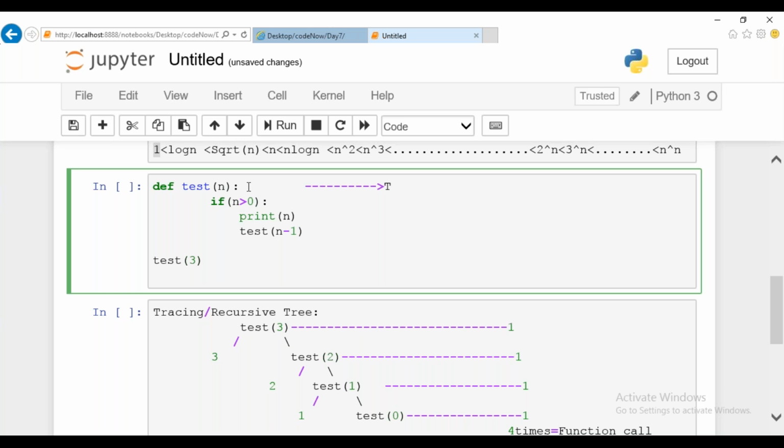So we are going to calculate what is the T of n required, the time required for executing this algorithm. Let me go sequentially. For executing this one line, how many units of time are taken? 1 unit of time is taken. For executing this print, how many units of time are taken? Again, it will also be executed in 1 unit of time.